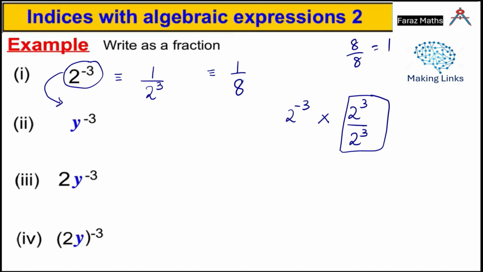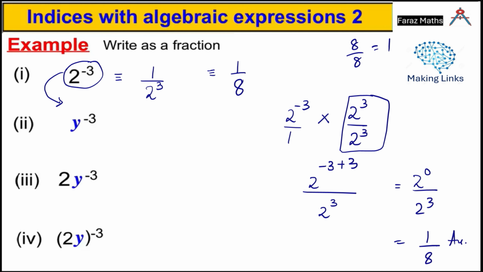So you can multiply anything by 1 because it will never change the value. Okay, now if you do 2 power negative 3 times 2 power 3, and there is 1 in the denominator of every number, so we can write 1 there, and 2 power negative 3 times 2 power 3 is 2 power minus 3 plus 3. And in the denominator we have 1 times 2 power 3, which is 2 power 3. Now 2 power minus 3 plus 3 would be 2 power 0 over 2 power 3, and 2 power 0 means 1. 1 over 2 power 3, and that is 8. 1 over 8 is the answer. So that's the whole method behind this. So you can do it directly without doing all that.